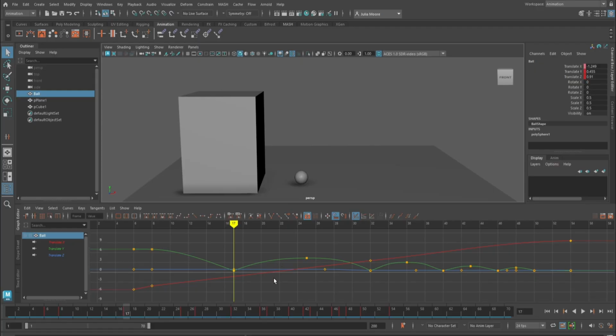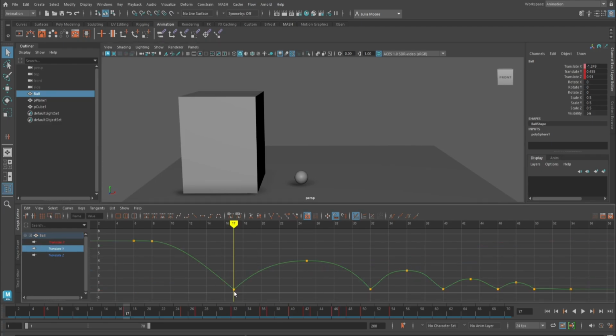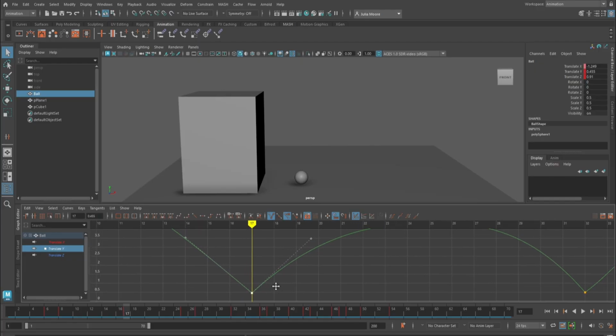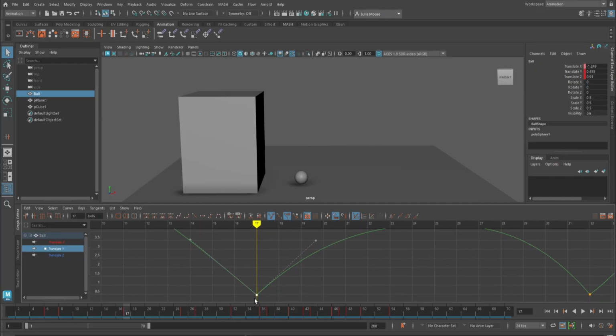So what we want to do is isolate the keys that we've already made. Now I'm going to go to Translate Y, and it's going to be this guy right here. So what we want to do is isolate this frame. I want to set a keyframe for every attribute for our ball, but we don't want to screw up these tangent handles right here. Well, how do we work around that? There's another cool tool called the Insert Key tool, which is this guy right here. If we select that,